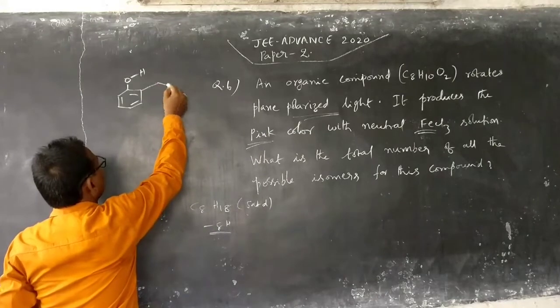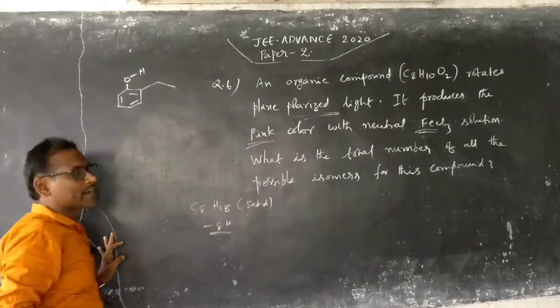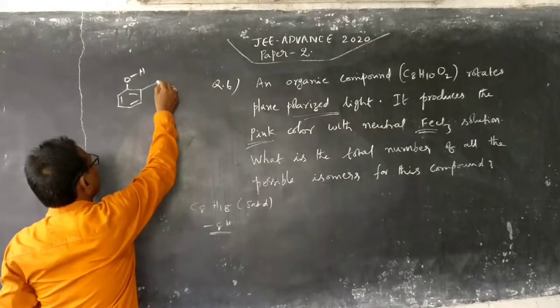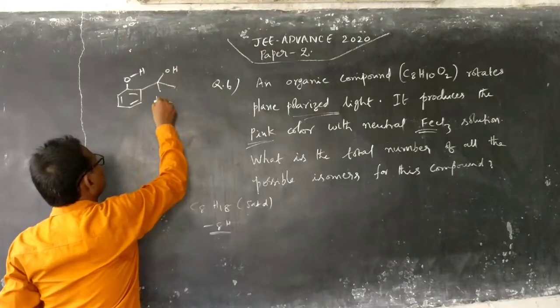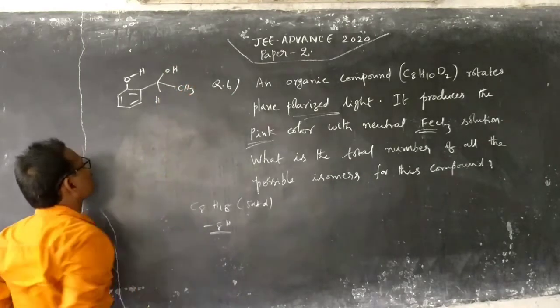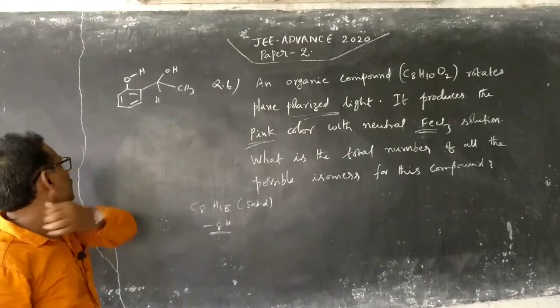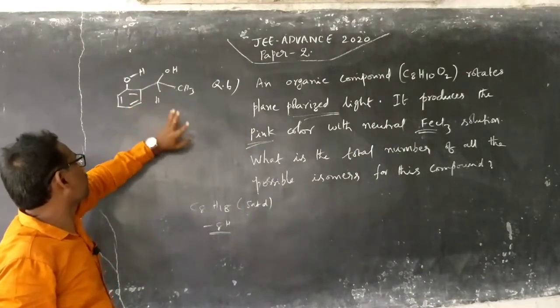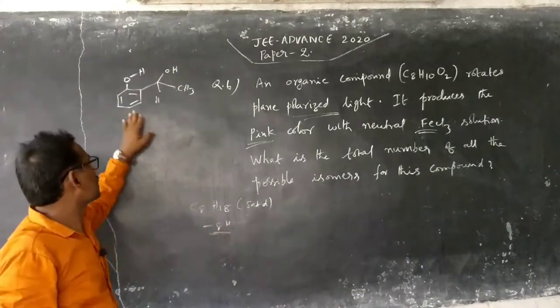1, 2. But a chiral carbon is also required because it rotates plane polarized light. If I put OH and H on one carbon and place the other group here, it satisfies the formula C8H10O2, with 2 oxygens and the right hydrogens, and satisfies the degree of unsaturation. So this is the accepted formula.